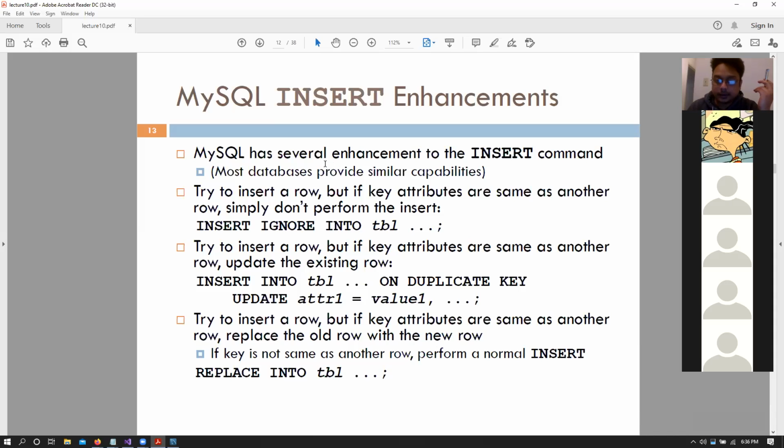If we want to insert a row and the key attributes are the same as another row, so there is already a primary key row in that table, then instead of just insert, we can say insert ignore. Insert ignore would just ignore the new entry and keep the old entry, right? If there is already a primary key in the table, it would just keep the old entry.